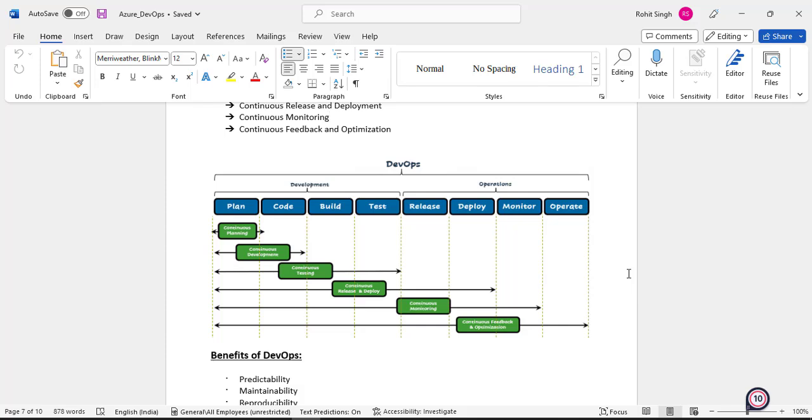If you see this planning section, the developers start the planning. Until the testing, you have the developer who is doing a continuous release and deployment. He is still part over here. The developers are still part over here. Until the operational, everyone is part. If you see this arrow at the bottom, it starts from the planning, ends at the operations. So everyone is included, everyone is part, and everyone is in sync with what's happening right now.